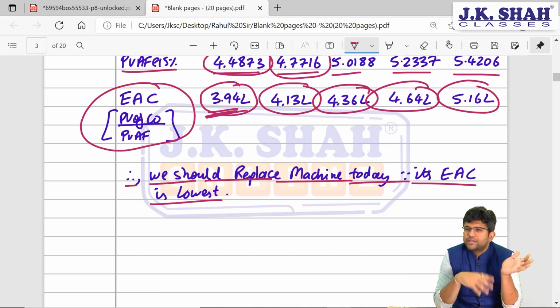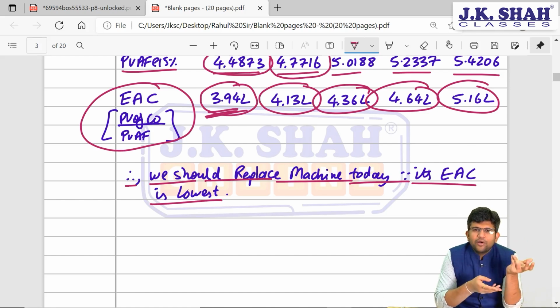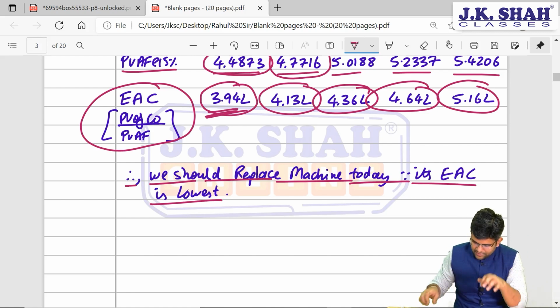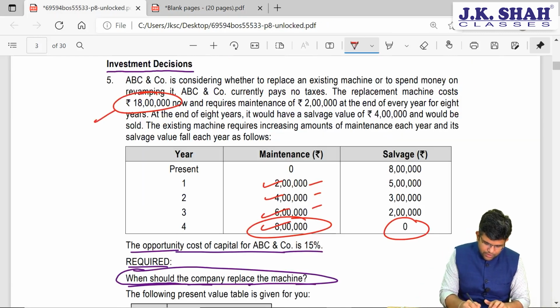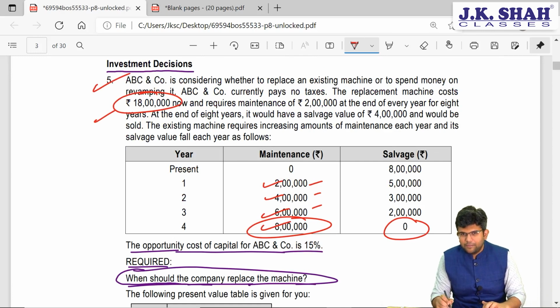Now children, if you see the institute solution, the conclusion is exactly the same. Numbers are also the same, only their methodology is slightly different, but that's okay. If you feel more comfortable with that, then kindly go ahead with that. In fact, I would recommend you go ahead with that. This is my methodology of solving this question. Everyone clear? So children, with that we complete the discussion of question number 5,